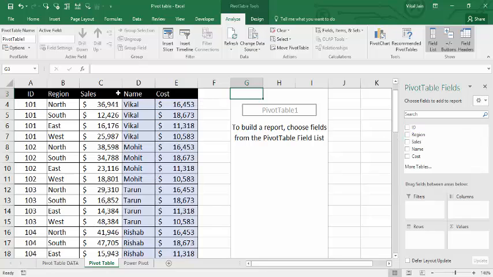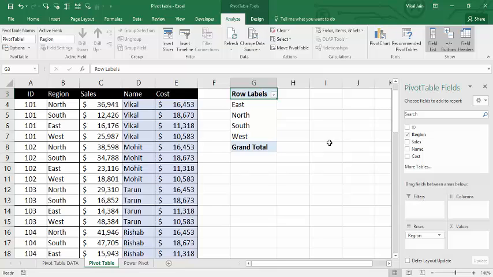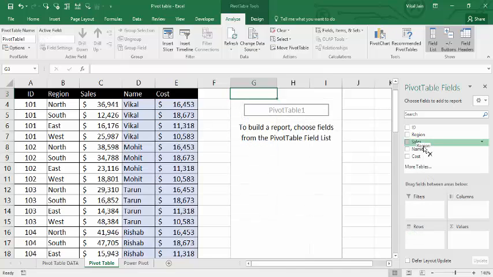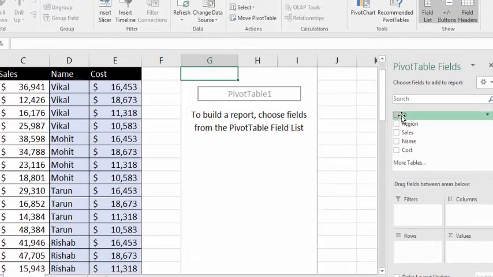See what I'm going to do. I am just counting my sales region wise. So region should be on row. See, whenever you want to see your data row wise, then you have to put your data from here to row. If you want to filter your data, then you can put a filter here. So let's change it. Let's see the sales made by employee in every region. So ID here,